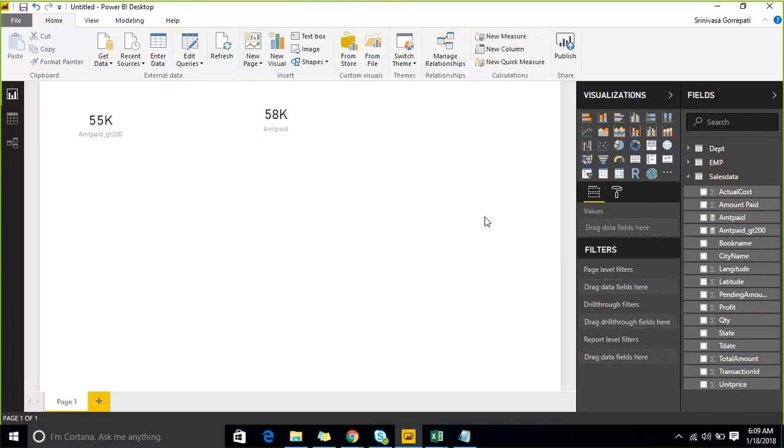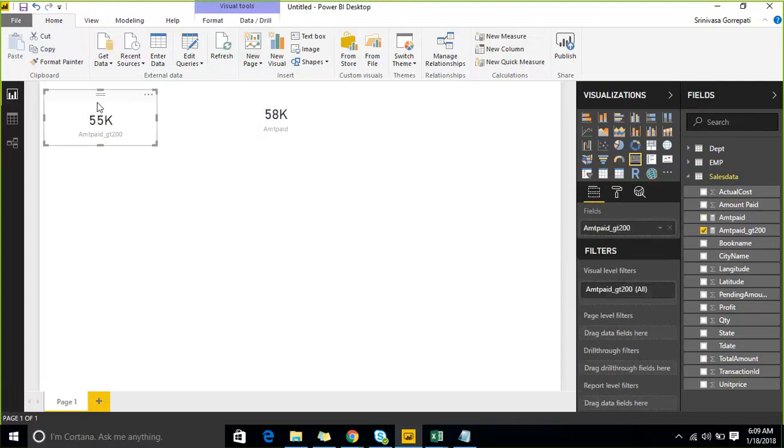Instead of doing that, at the measure level itself you can apply a filter and exclude whatever you don't want. That is how I did it: I extracted the values greater than 200 and calculated a sum, and wherever I require it I will use this measure. Instead of using the other measure and applying a filter, I can use this measure. But you are unable to practically verify whether this value is correct or not. What I can do is, for you,